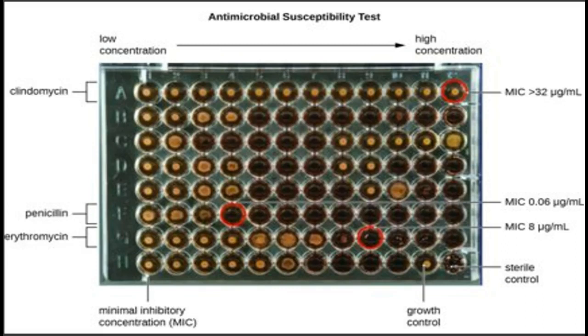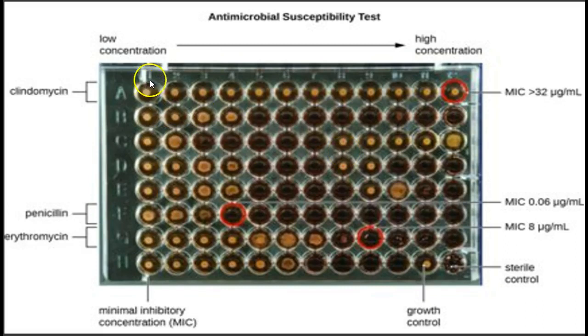Okay. This is an example of a tube dilution test. This is the standard now. Most labs don't use test tubes, but they use a micro well plate. And you can see we're looking for growth. Each little pellet here is growth of a microorganism. And each row has a different